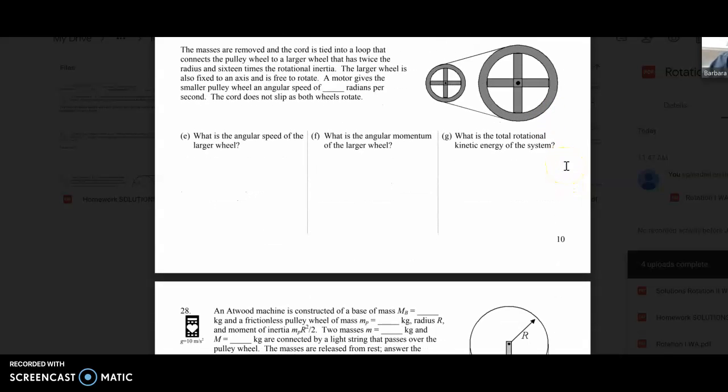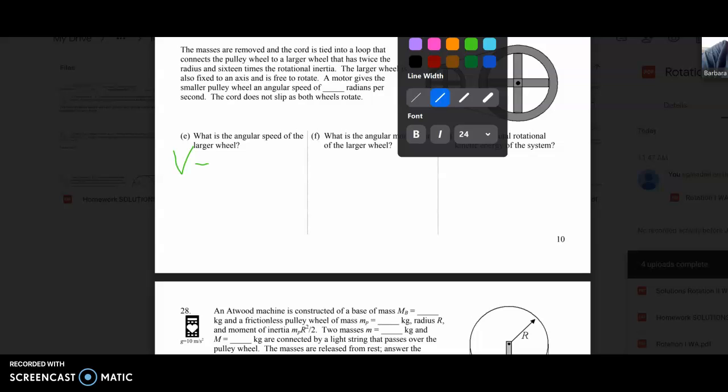Moving forward, this is a different kind of problem where you've got these two wheels. The angular speed of the larger wheel. The thing to remember on this type of problem, and it's important because you'll see it again, is that the linear speed of the chain is the same for both wheels. Okay? The linear speed is the same for the small and the large wheels. So I think you can say V equals omega R, right? So if V is the linear speed, then omega R equals